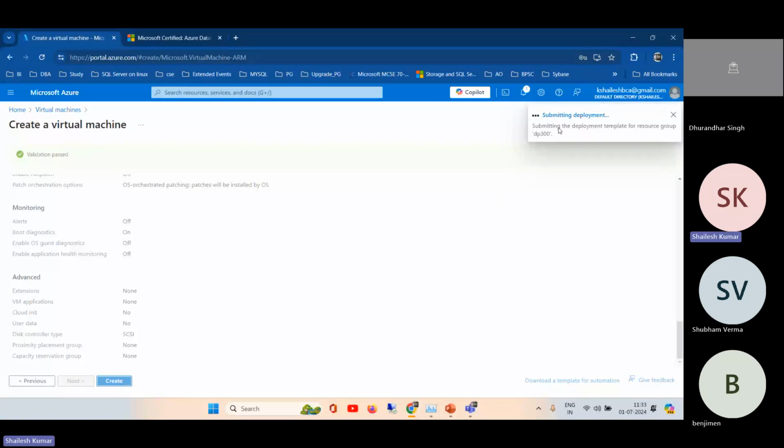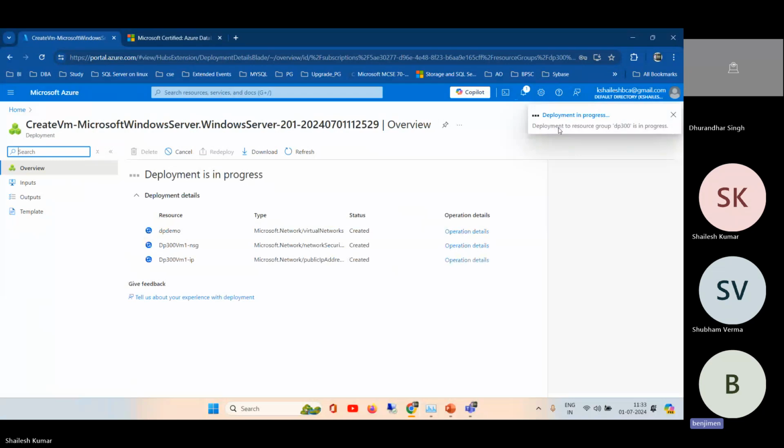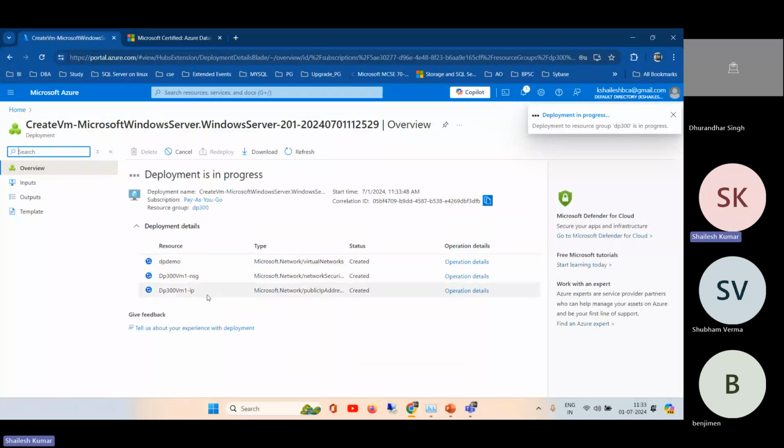It will take some time, 4 to 5 minutes, not more than that. See, the process starts here.